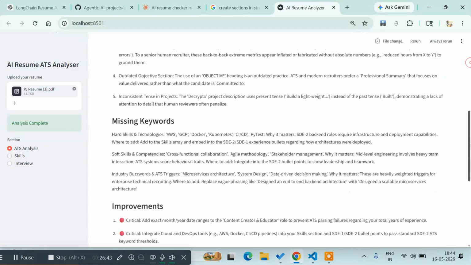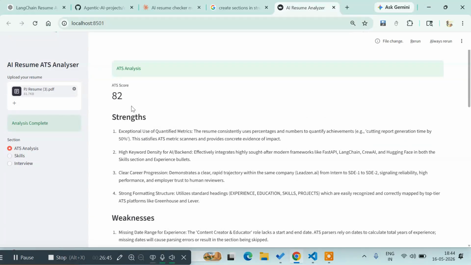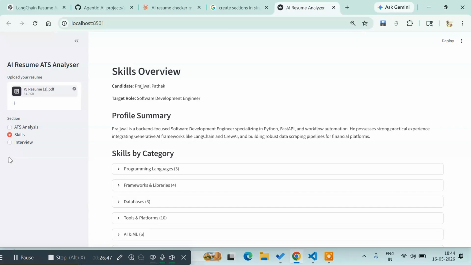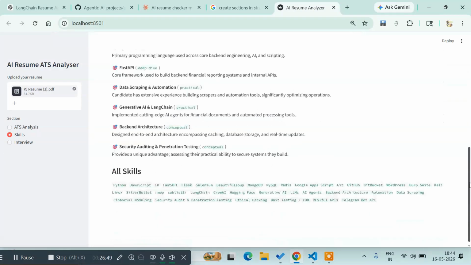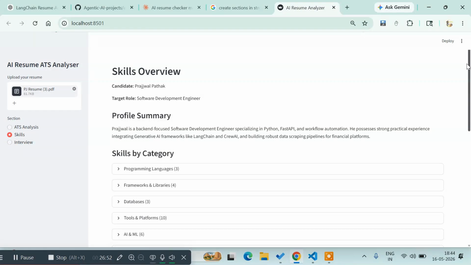So see, our ATS should be working. ATS is working. Skills will not be working. Okay, it's also working, so it was refreshed automatically. But what we did here, we are just showing skills only. So candidate is this, target with this, profile summary is this,